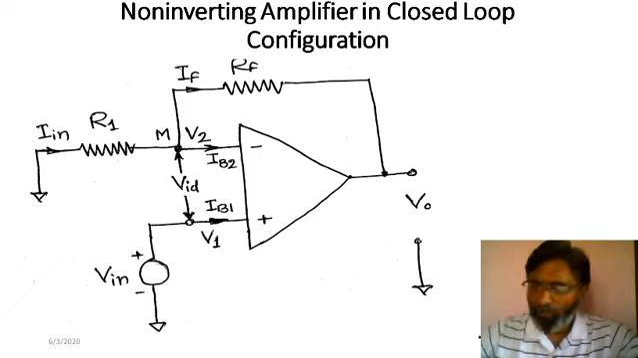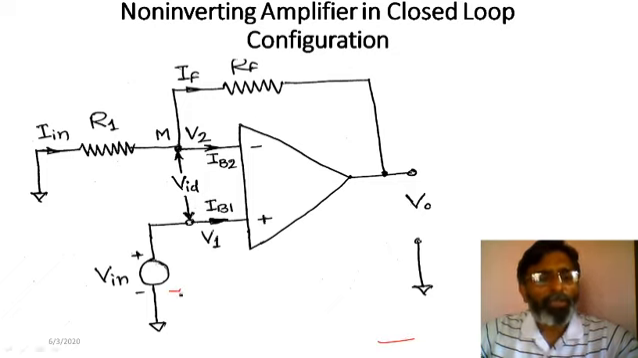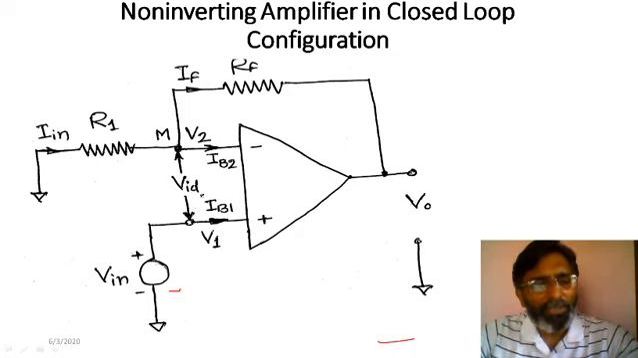So here the difference is what? Only the difference is we have applied this V into the non-inverting input, and again we have the same feedback circuit formed by RF and R1. Now whatever the feedback signal is there across R1, it comes in series with V in. So this type of feedback is known as